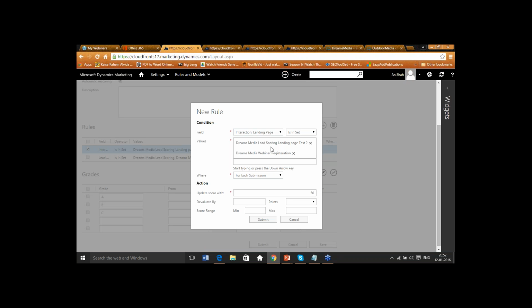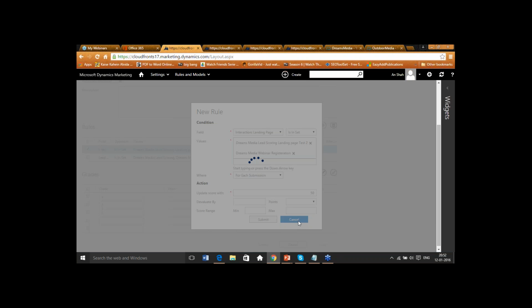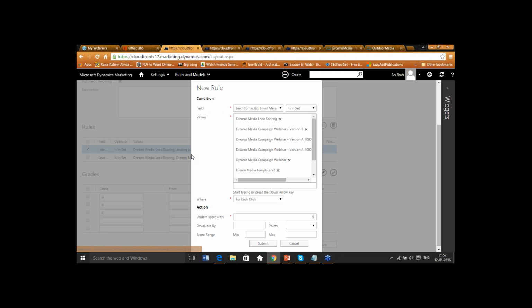I have got two landing pages selected. So for each submission done by a visitor on those landing pages, that visitor gets a score of 50. In a similar way, I have one more rule associated with particular campaigns and emails sent across. If any visitor of those landing pages is sent an email,